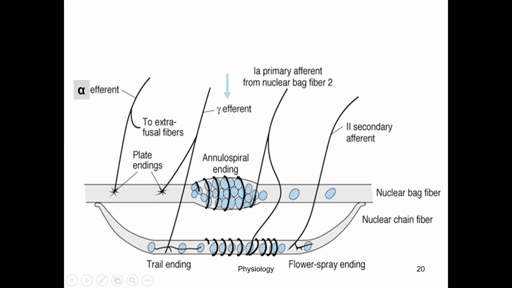So remember this about the intrafusal fiber. I have described the intrafusal fiber, both afferent and efferent. Again, I will repeat: afferent sensory information is by group 1A fiber, to the central portion of both nuclear bag and nuclear chain fiber, while group 2 fiber is only for the nuclear chain fiber. The efferent contractile portion: the static component is to the nuclear chain fiber, called static gamma fiber, and the dynamic component is to the contractile portion of the nuclear bag fiber. So this is about the intrafusal fiber. And for the extrafusal fiber, we have A alpha fiber, which we are going to see in the next slides. Extrafusal fiber causes a contraction of the muscle.